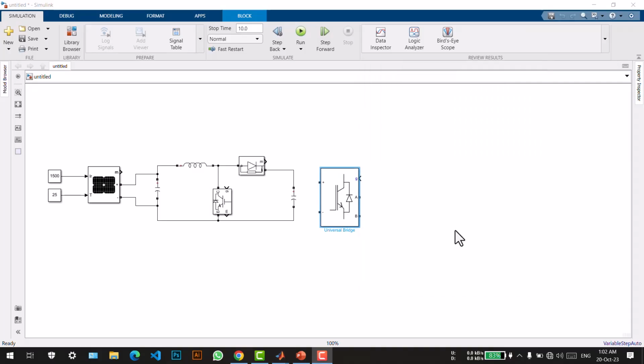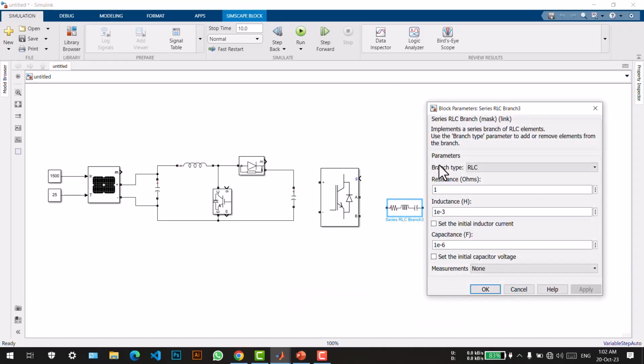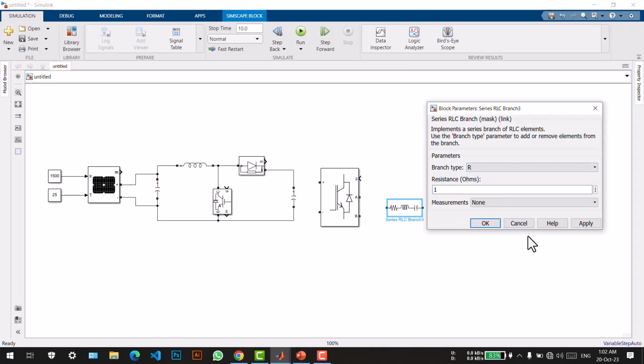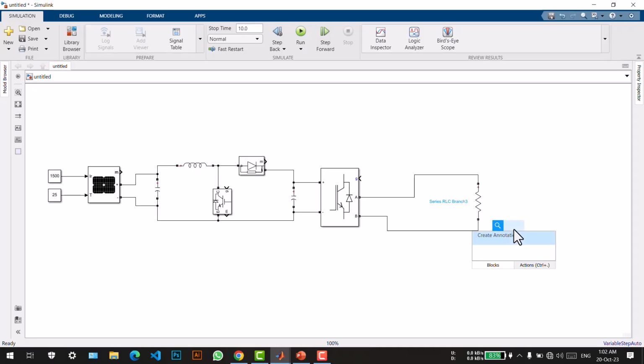We need to add a load side also. So for load we are using nothing but a series RLC branch and change it to R load and apply it. Now let's connect these two blocks first. Here we need to see the output, so we need to use voltage measurement and scope to see the output waveform. So let's take the voltage measurement block